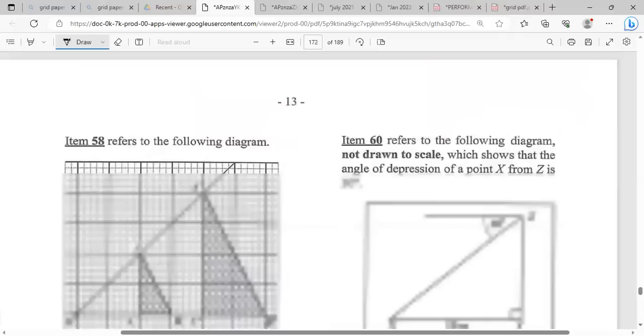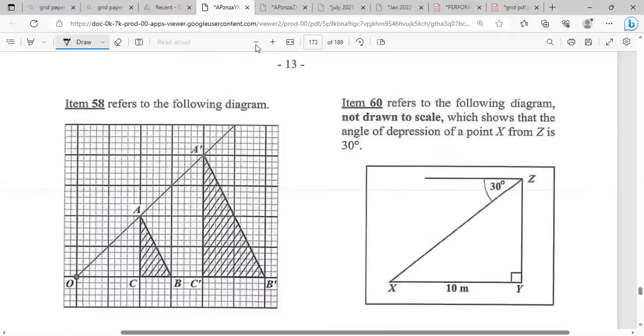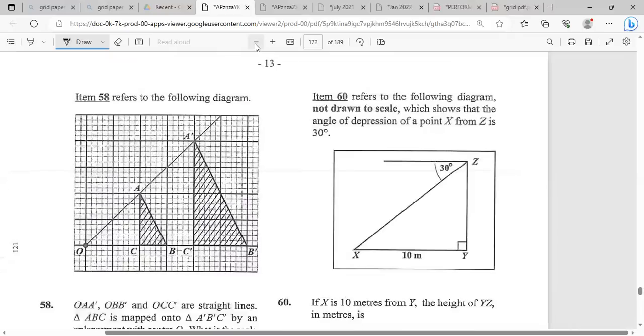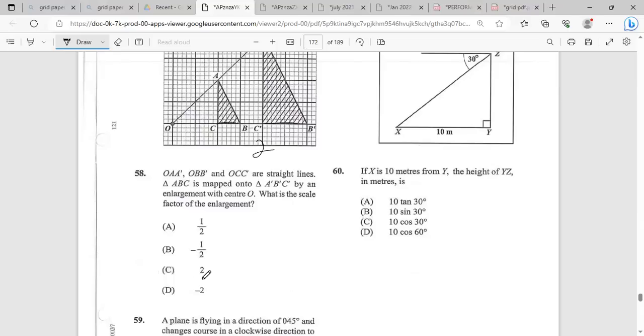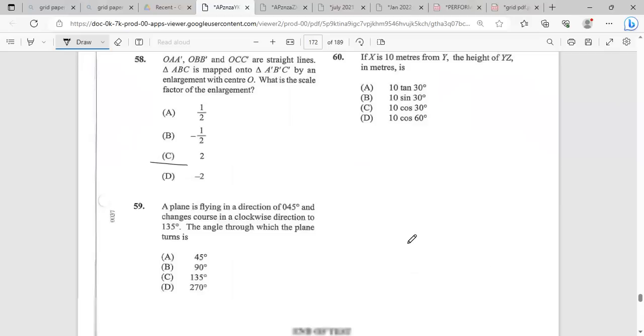58, which is the last page. What is the scale factor of the enlargement? So it went from this 1 to 2. So it's a scale factor of 2. And for 59, a plane is traveling at 45 degrees and it changes course to go 135. So 135 minus this gives us 90 degrees. And the last one,